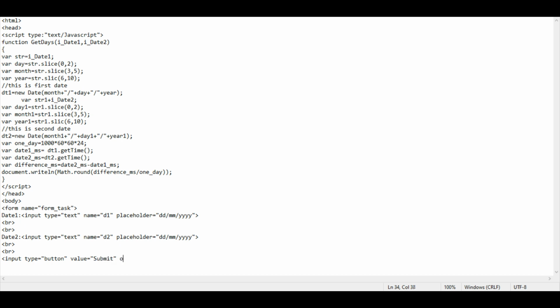Then we add in onclick, and it is D1 dot value comma D2 dot value, close bracket, and then we close our form.